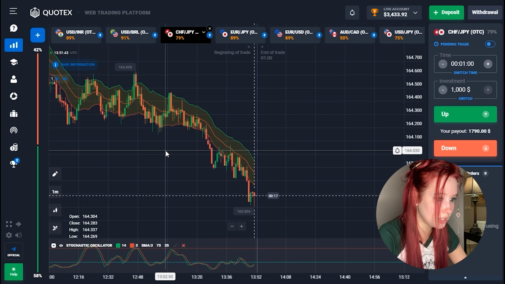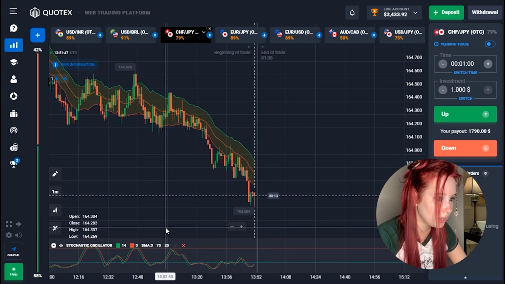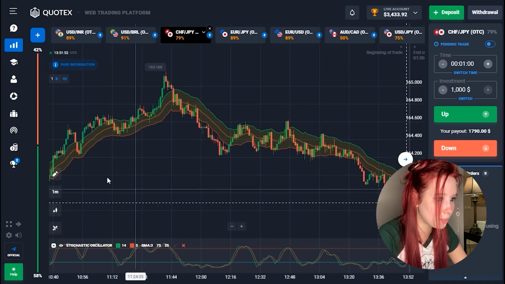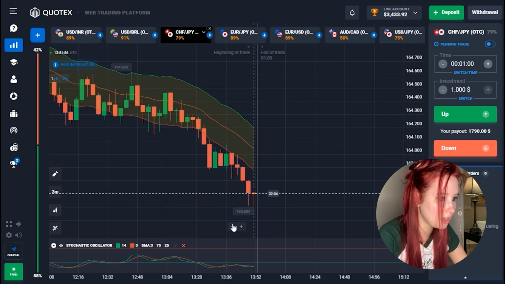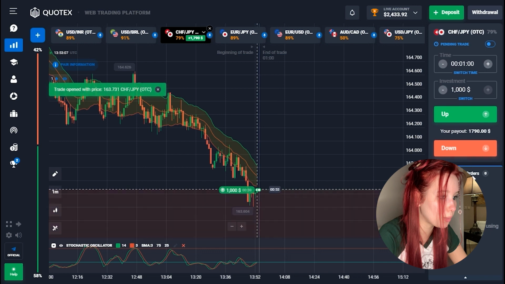Here we also see a downtrend, but on the stochastic oscillator we see a signal for growth. Let's look at the older time frames. Here we see that the price is at the support level, and I think we can make a deal, but we'll have to wait a bit. Let's move on to the 1 minute time frame. Great moment, I'm opening a deal, and let's wait for what happens.